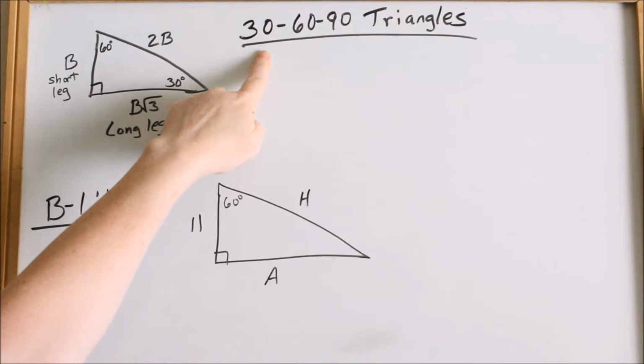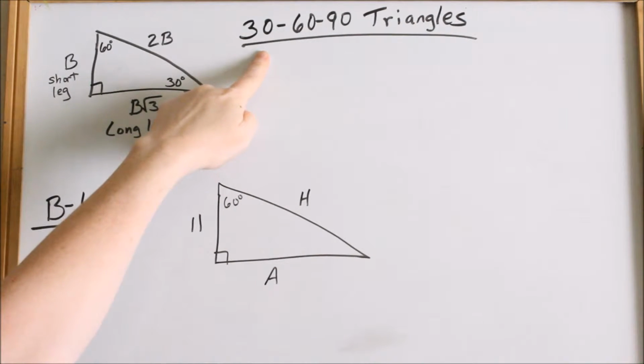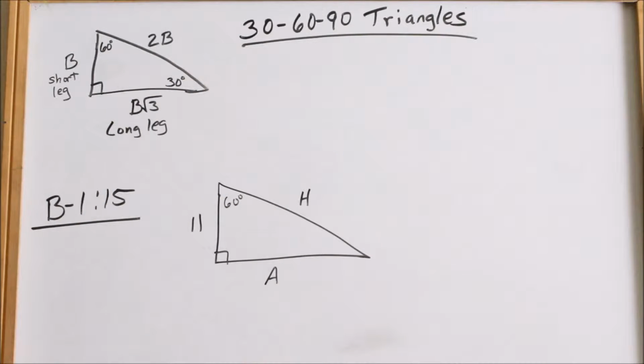In Appendix B, we're also reviewing 30, 60, 90 special triangles. So here from this pattern, also just to say that these patterns came from Pythagorean theorem. In a 30, 60, 90 triangle or a 45, 45, 90 triangle, you can still always use Pythagorean theorem. The problem is you're not given enough sides on these to use Pythagorean theorem, but these patterns came from Pythagorean theorem. Someone did Pythagorean theorem on a 30, 60, 90 triangle enough times and they came up with a pattern